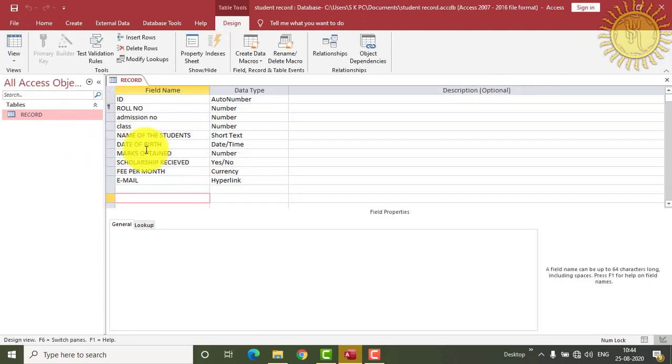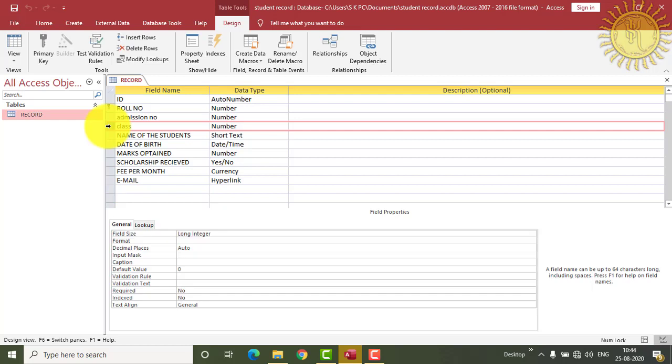from here whatever fields we want to delete, we have to just click on this. Suppose if we want to delete this field, we will click on here and right click. Here we will get the option to delete the rows, and also you can get this delete option and insert option in this design view tab. From here also you can insert the rows and delete the rows. So anywhere you can click and your rows will be inserted and deleted.